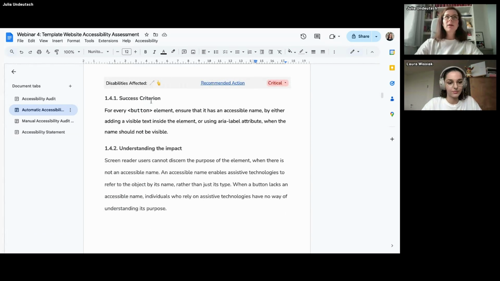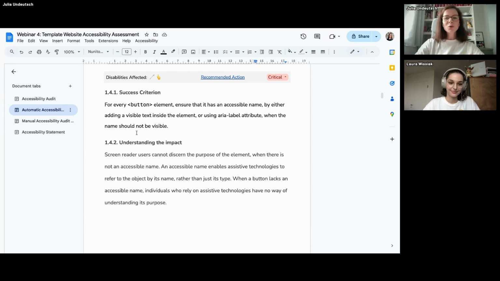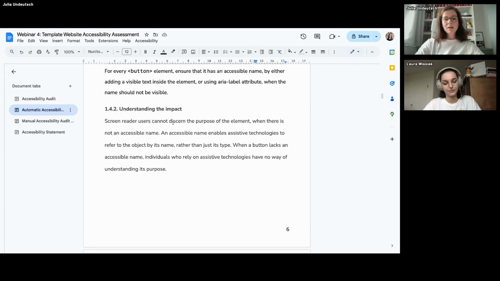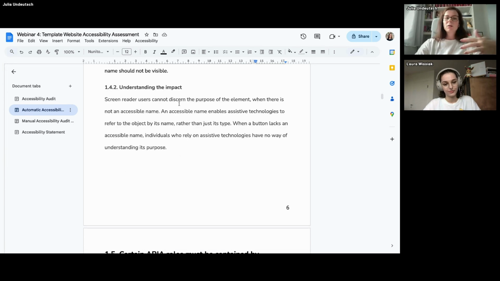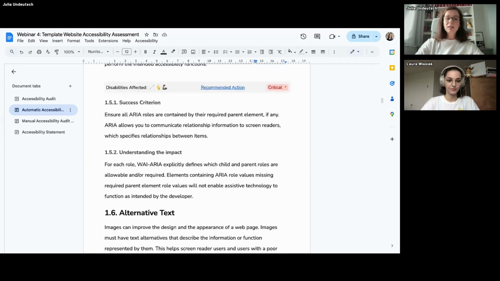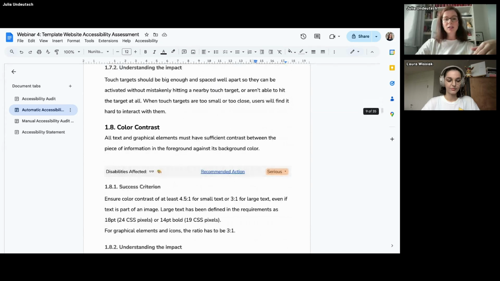And this is also still not how I would put it, but more in a professional way of writing. Until then, I still do not believe a developer who has experience with accessibility would understand it easily, but I just wanted to make it more professional in the beginning. What does this mean? How is the user impacted? That the screen reader user cannot discern the purpose of the element when there's no accessible name. And I did this for all the issues I mentioned in the tables.